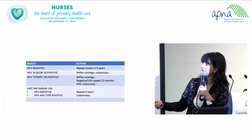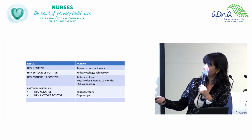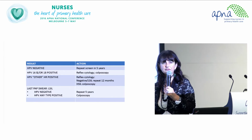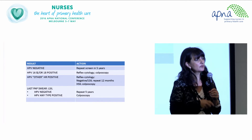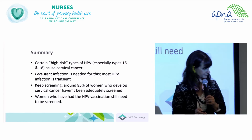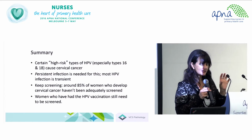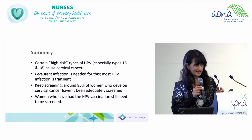If you see, say, a 24-year-old woman who's had a low-grade lesion, then if her HPV test is negative in Renewal, we'll just say come back in 5 years' time. But if she's HPV positive for any type, that's like having 2 low grades in a row, so we'll say go to colposcopy. So to finish, reminders: it is certain high-risk types of HPV, in particular type 16 and 18,